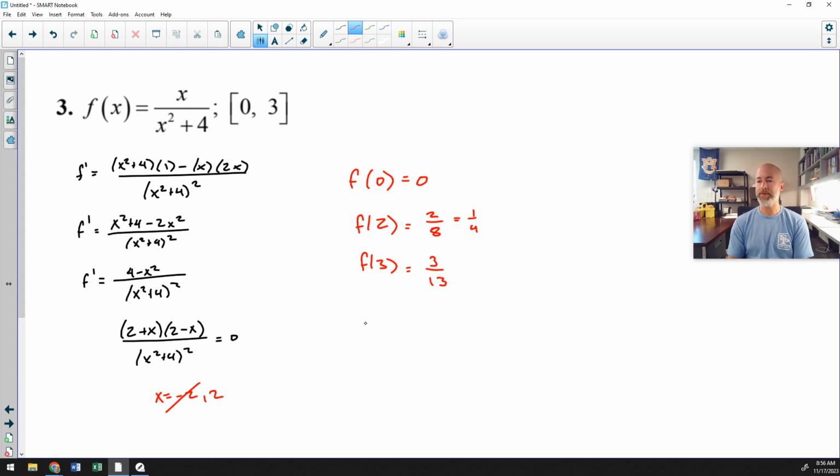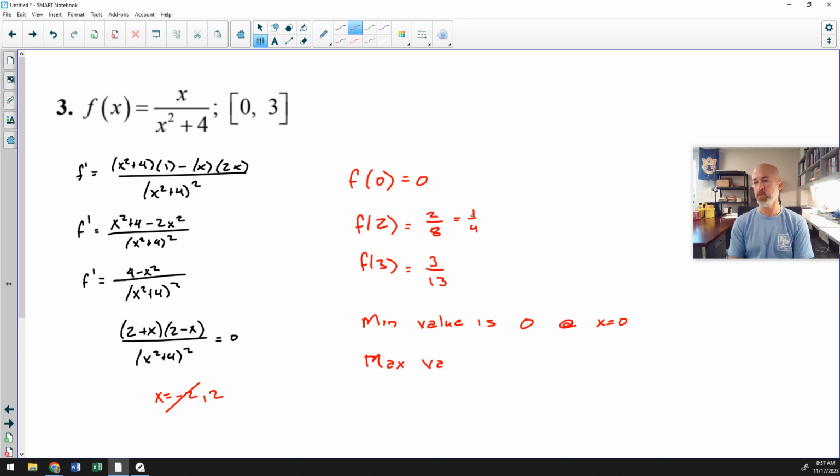And so my absolute minimum is 0. My minimum value is 0. Well, I'll write it that way. Minimum value is 0. And that occurred at x equals 0. My maximum value,